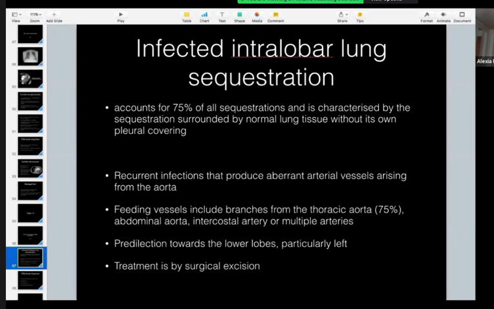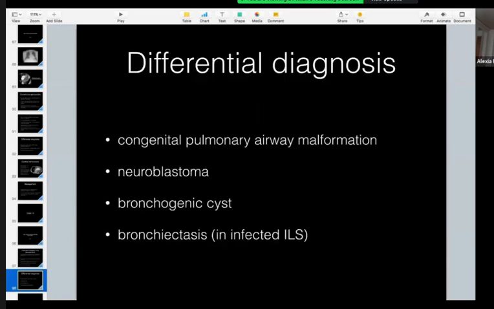Most commonly, the feeding vessel is from the thoracic aorta in 75%, but at times may arise from the abdominal aorta or its branches, intercostal arteries, or multiple arteries. There's a predilection towards the lower lobes, particularly the left lower lobe, and the treatment is surgical excision of this area of sequestered lung. The differential diagnosis includes congenital pulmonary airway malformations, formerly known as CCAMs, and you can have